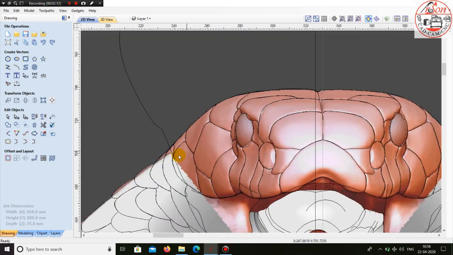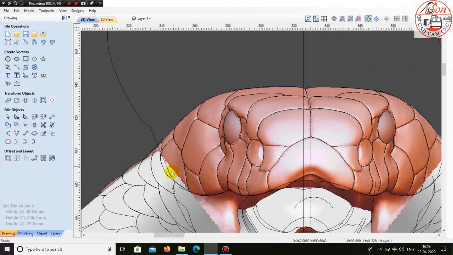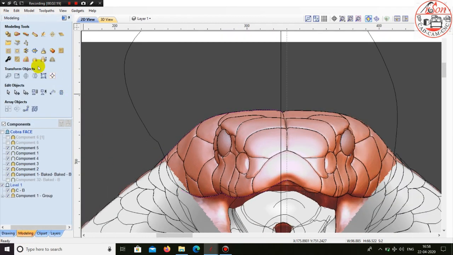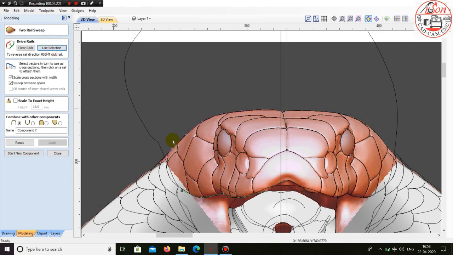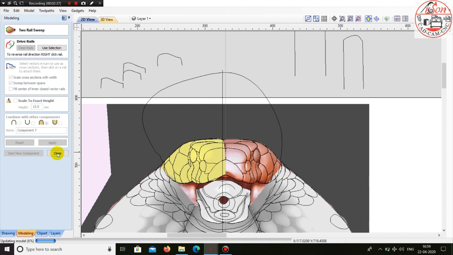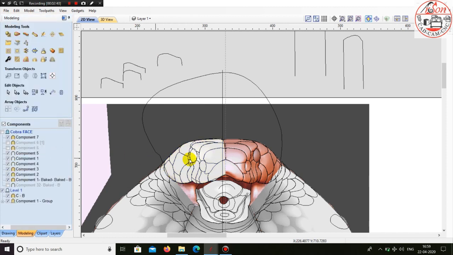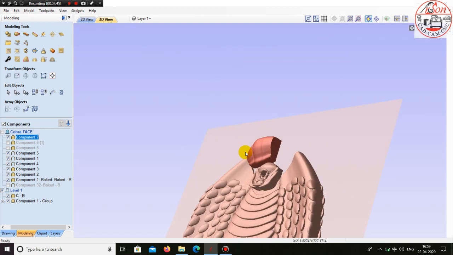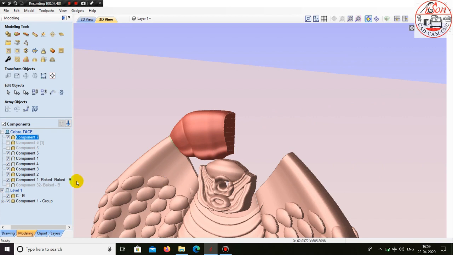We will be simply selecting the two rails. हम यहाँ पे दोनों रेल्स को सिलेक्ट करने वाले हैं और जो क्रॉस सेक्शन हमने क्रिएट किया है वो हम सिलेक्ट करने वाले हैं। मर्ज हाई में उसको हम लोग अप्लाई करने वाले हैं। ठीक है, एक बार क्रॉस सेक्शन ऐड होने के बाद हम उसको थोड़ा सा एंगल देने वाले हैं।